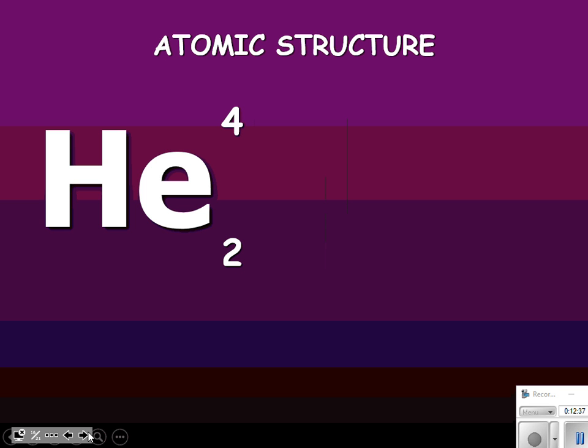Now let's talk a little bit about this helium atom. You're going to see them written out like this, where you see the symbol of the element, which is He for helium. You'll see this 4, and then below it you see a 2. What do those things actually mean? Well, that 2 is the atomic number, which is the number of protons. Each element has its own number of protons.